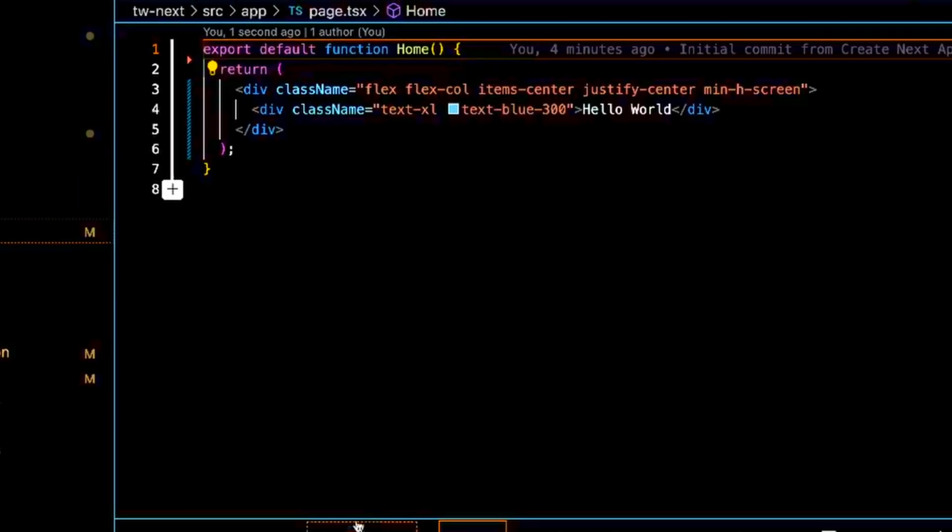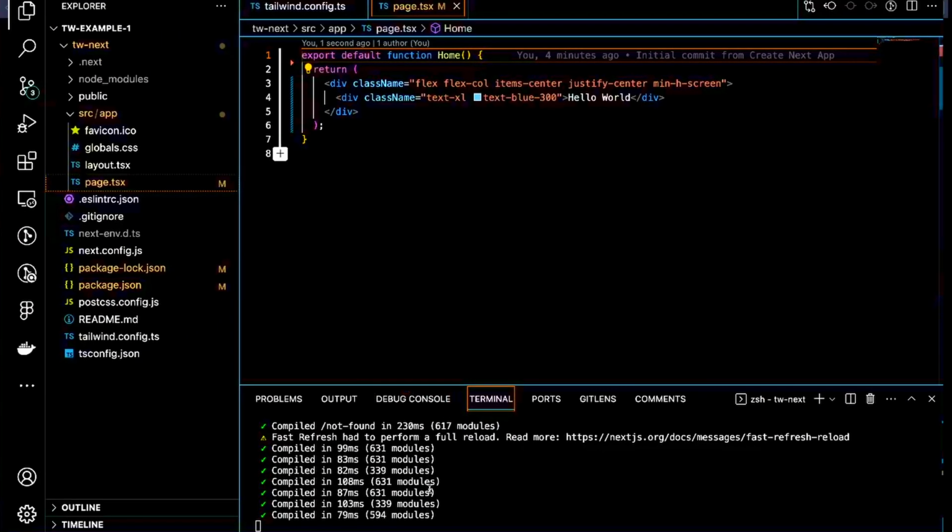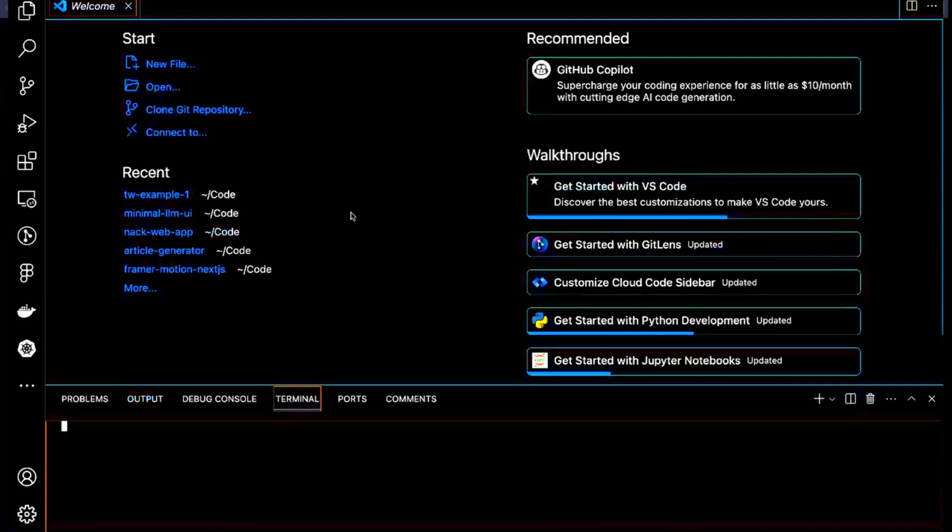So what we'll do now that we know how to set up Tailwind CSS in a Next.js project from the beginning, is change our attention and look at how we would implement Tailwind CSS into a pre-existing Next.js project. So if we close all of this,